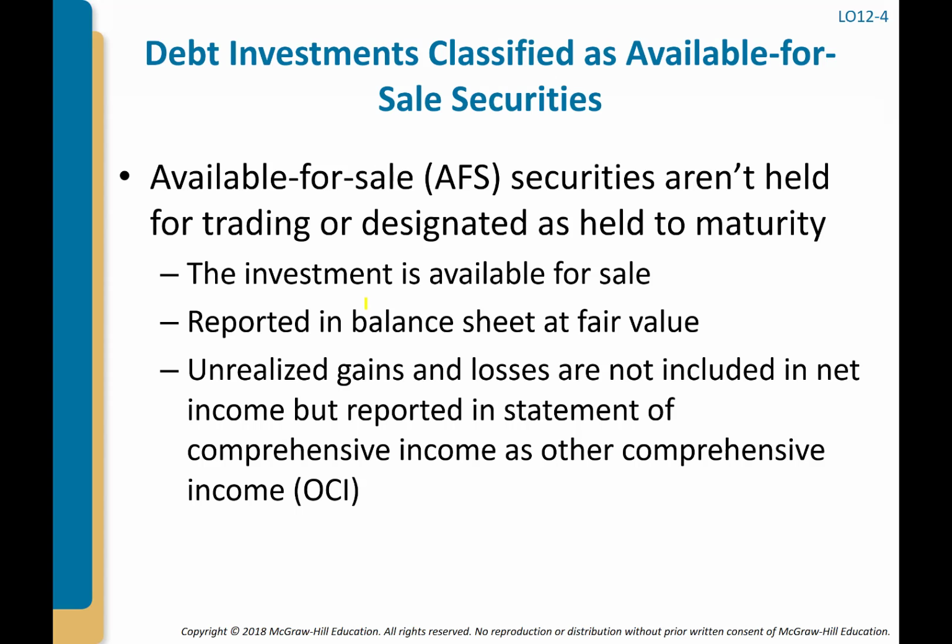Okay. So we run them through our other comprehensive income. So that's the main difference. Instead of running it through the income statement, it's going to go through what? Through our other comprehensive income. Okay. So we come over, and we have the,